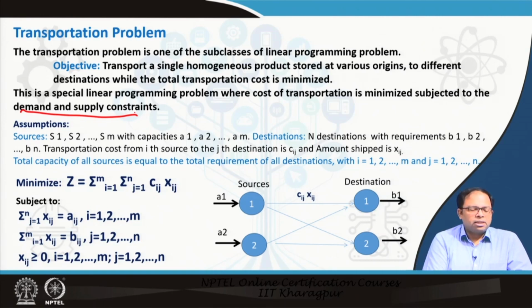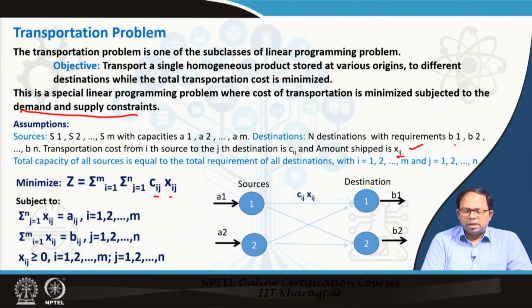And so some assumptions. Sources S1, S2, Sm with capacity A1, A2, Am, like we have discussed in the transshipment problem. Destinations: there are n destinations with requirements B1, B2, and Bn. Transportation cost from the ith source to the jth destination is Cij, and the amount shipped is Xij. So this is the amount shipped, and Cij is the cost of that particular distance or impedance between the source and the destination. So obviously, Cij into Xij is the total cost, the amount into the cost of sending that amount in that particular